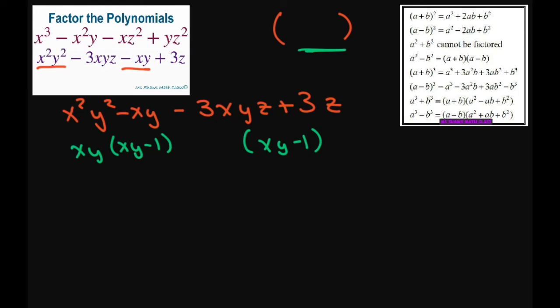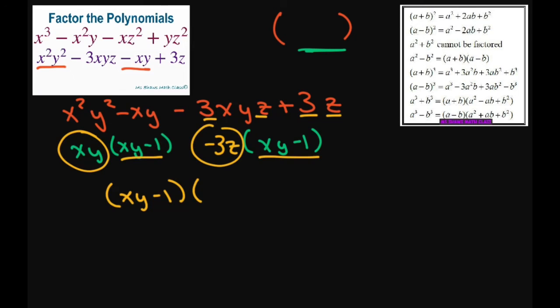So let's see what we can factor out of negative 3z, because we have 3z in both of these. All right, so that means all I have to do is write out this term. It's going to be xy minus 1, and then you're going to put these together. So this is going to be xy minus 3z. Also, you could write this as xy minus 3z. You can do that part first, and then write the